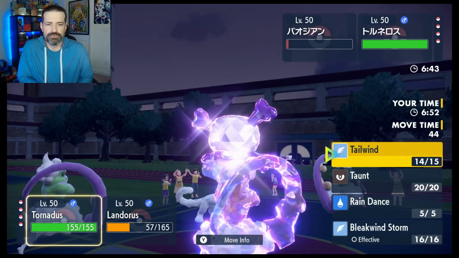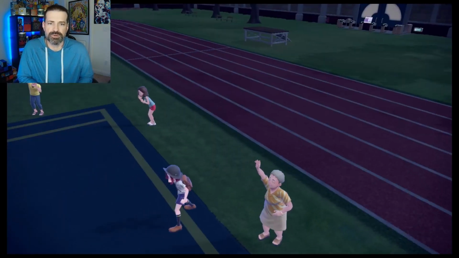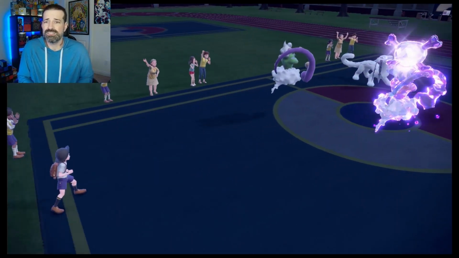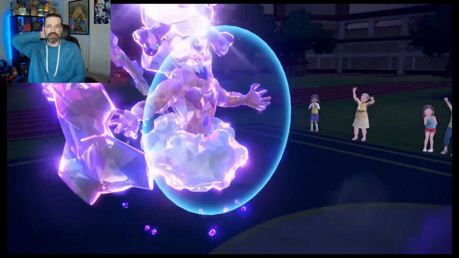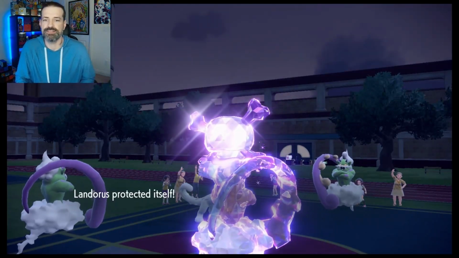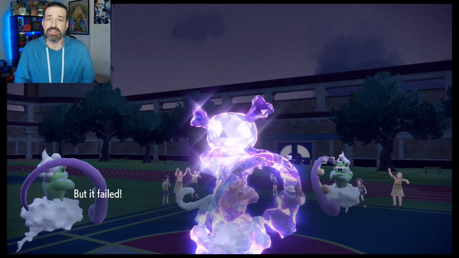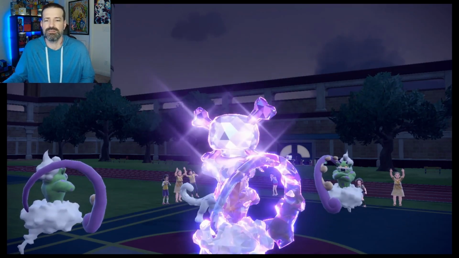Focus Sash, of course. Let's go with the Bleak Wind Storm, and let's go with the Protect off the bat here. I think that's going to be smarter. That way we can try... Hopefully they're going to try to go for a Sucker Punch over into Lando. That's what I'm hoping. Thankfully that was the case. Hopefully we can actually hit both Bleak Winds. Please hit...